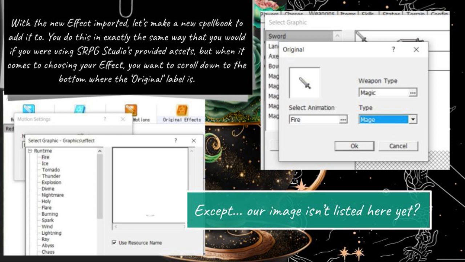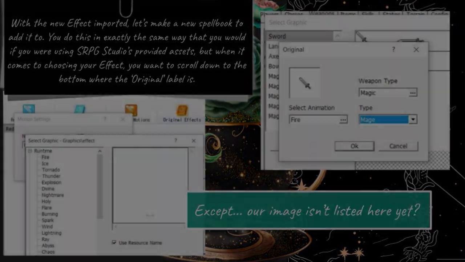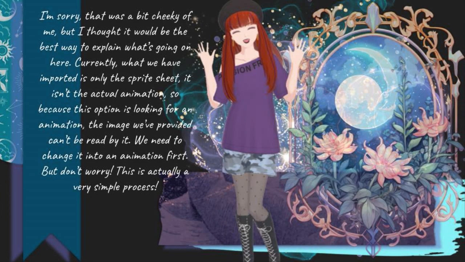With the new effect imported, let's make a new spellbook to add it to. You do this in exactly the same way that you would if you were using SRPG Studio's provided assets, but when it comes to choosing your effect, you want to scroll down to the bottom where the original label is. Except our image isn't listed here yet. I'm sorry, that was a bit cheeky of me, but I thought it would be the best way to explain